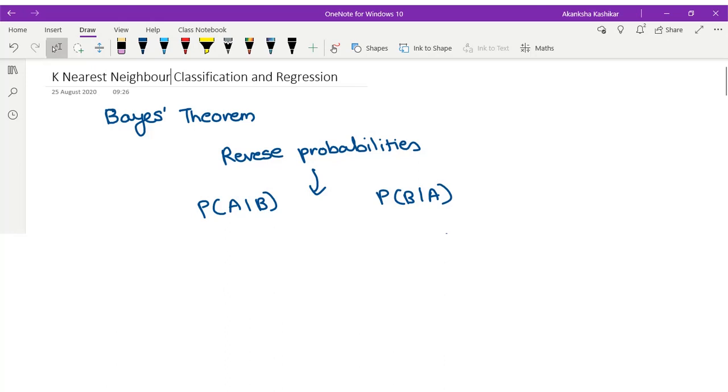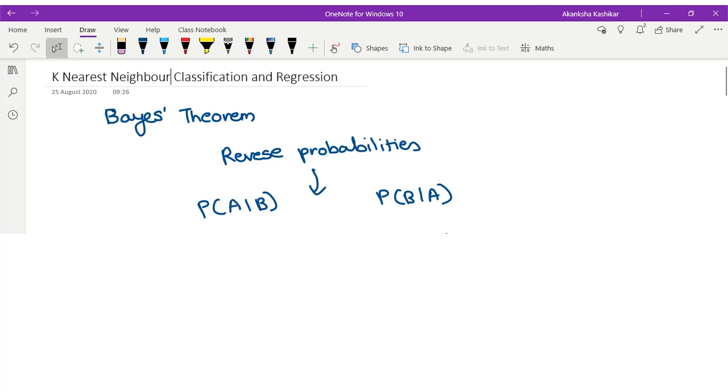Hello everyone. We have been talking about various resampling methods. We are yet to see pros and cons of those methods. But I thought that before that we would discuss one of the basic classification and regression techniques, that is k nearest neighbor classification and regression. Why? Because that would help us in understanding the resampling things better. So if we want to play around, we can use resampling techniques to play around this method.